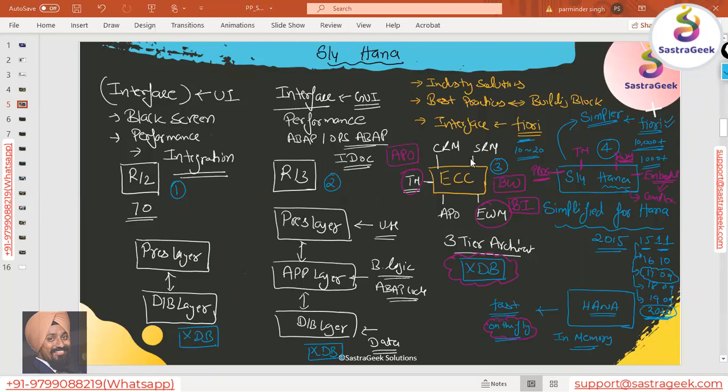Hey, Parminder, one question. One thing I've mostly heard is, when we talk about different solutions within SAP, they say they have a native integration with S4HANA. What is native integration in that case? Give me an example. Ariba and S4HANA, they say they have native integration.